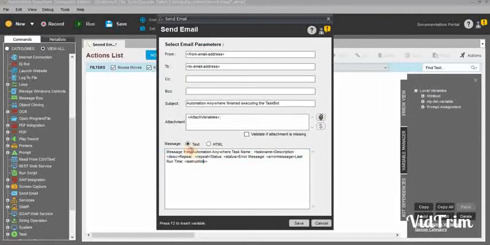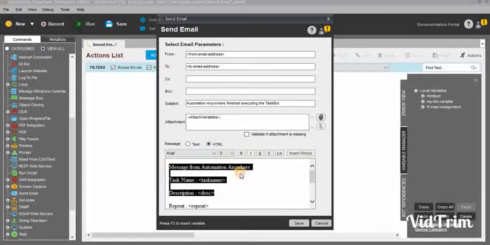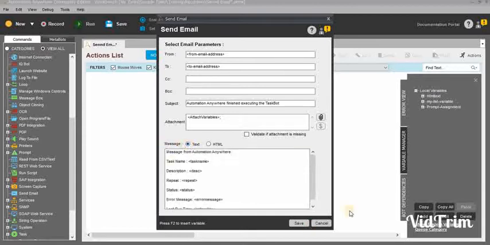In the body of the message, you can see two types of actions, text and HTML messages. If you would like to send the message as text, you can do that, and if you would like to send the email in HTML format, you can do that too. So I will show you how to use the text option, HTML option and the other actions using the email command. Before moving to that, you should know two things.